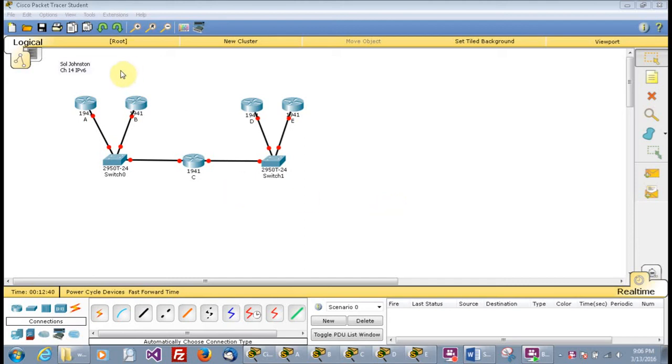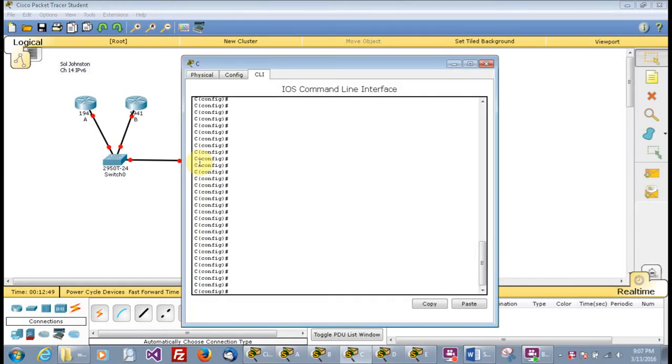Johnston on chapter 14 on IPv6. So what they want us to do is go to our router C here, and under configure terminal we're going to do ipv6 unicast-routing, and then we're going to go into interface. Well, there's this F, but ours is going to be G because we're using gigabit on this router. So interface G0/0, and we're going to do ipv6